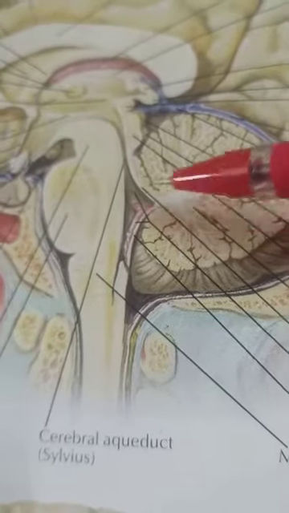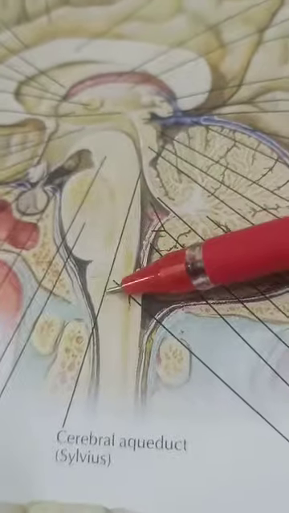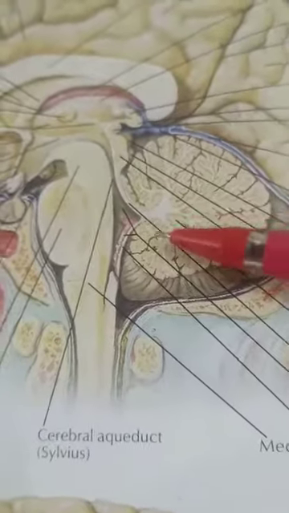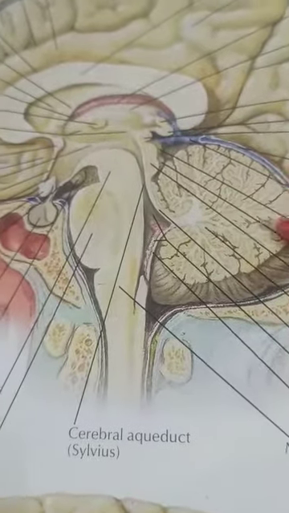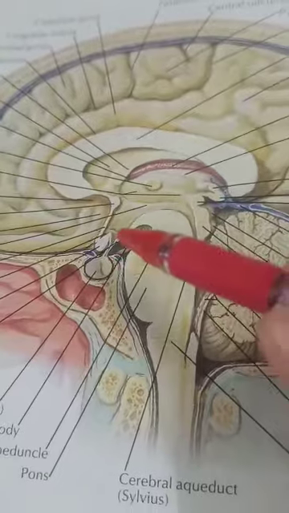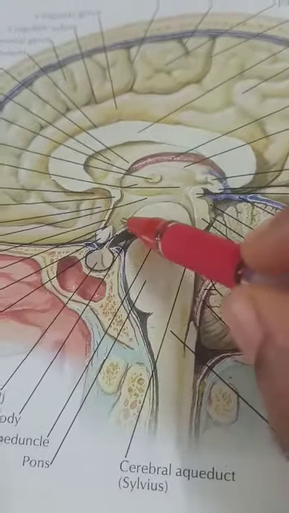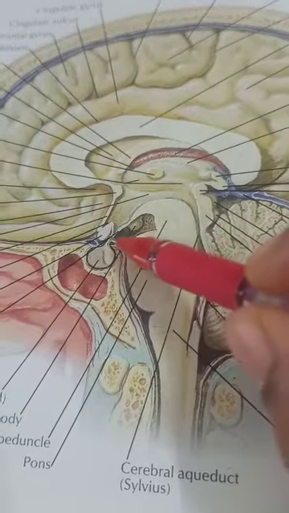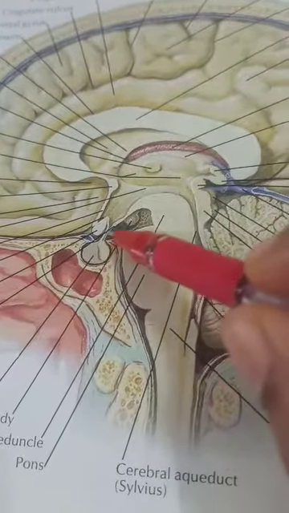Okay. So this is the brainstem: midbrain, pons and medulla. Okay. And here comes the cerebellum. This is our cerebellum. Here anteriorly we can make out this is our pituitary gland. So we can see the connection between the hypothalamus and the pituitary gland. This is the pituitary stalk. Pituitary gland and pituitary stalk.